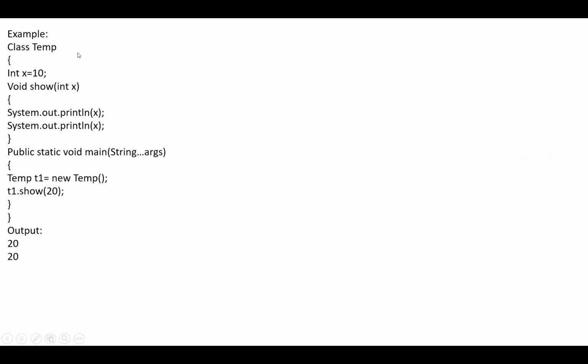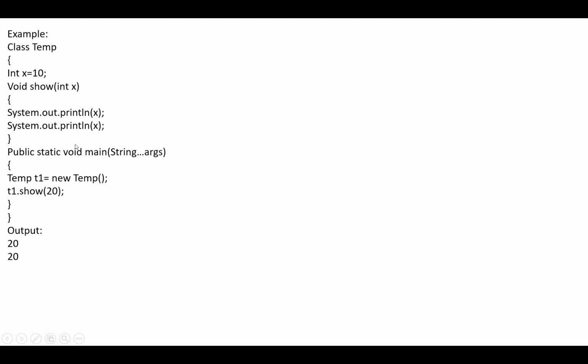See, our class name is temp, int x equal to 10, void show with int x. Inside it, a statement printing the x value, and public static void main. We are printing the value, making temp t1 equal to new temp, then t1 dot show.